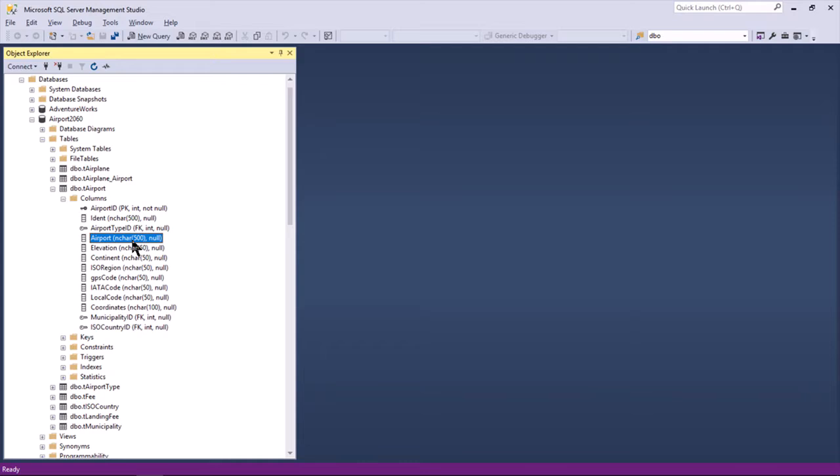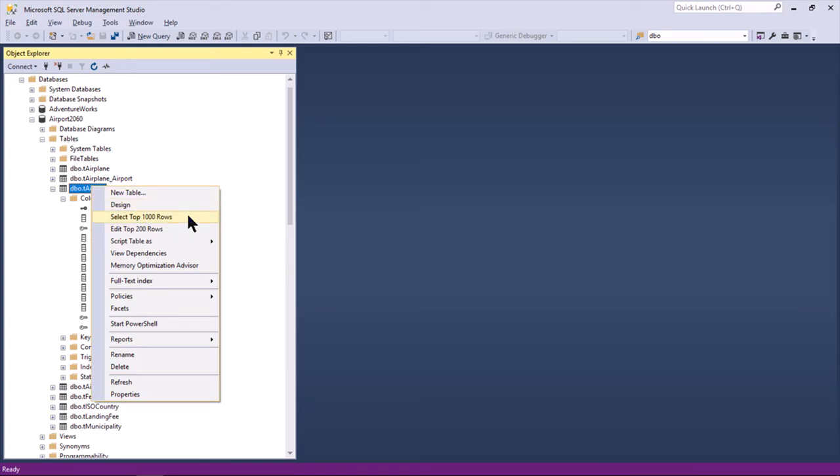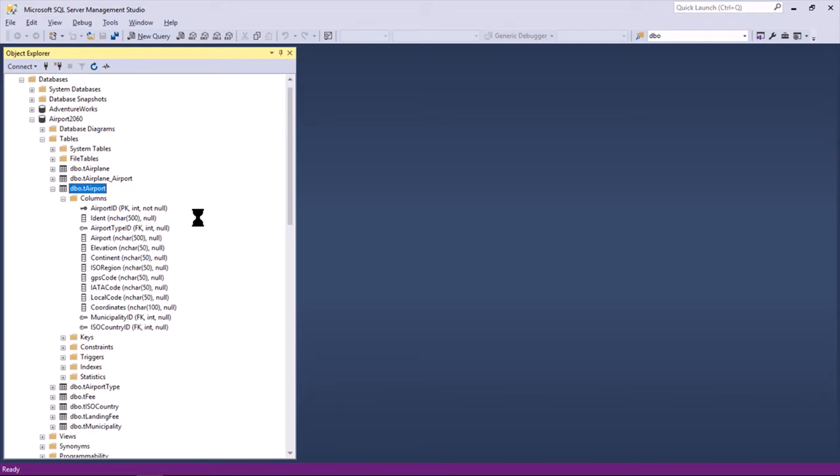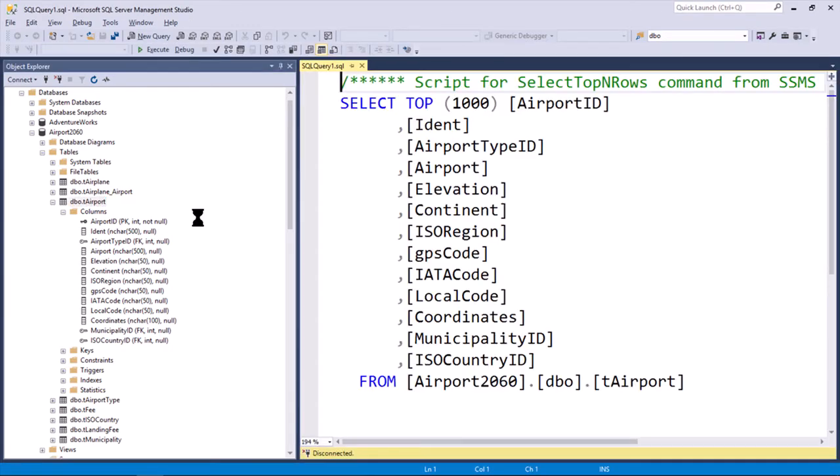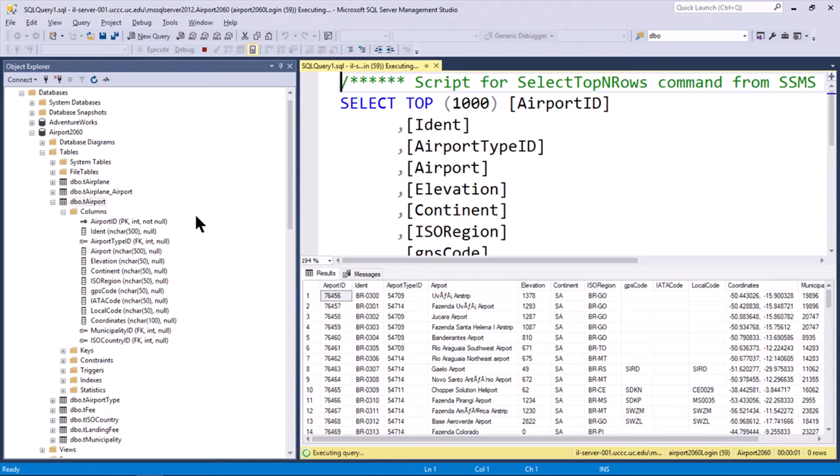of the airport. You can also do a quick check of the data, highly recommended. Select top 1000 rows is usually fairly quick. And in the airport column, I see what appear to be names of airports. So I have some level of confidence that I have found the information that I need to support that data